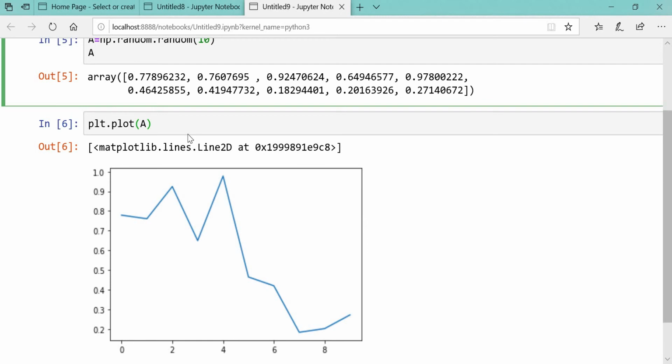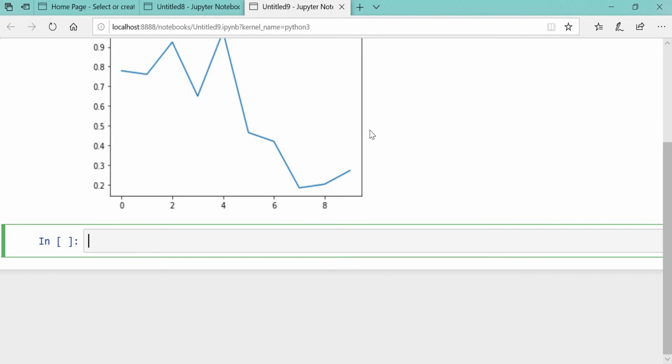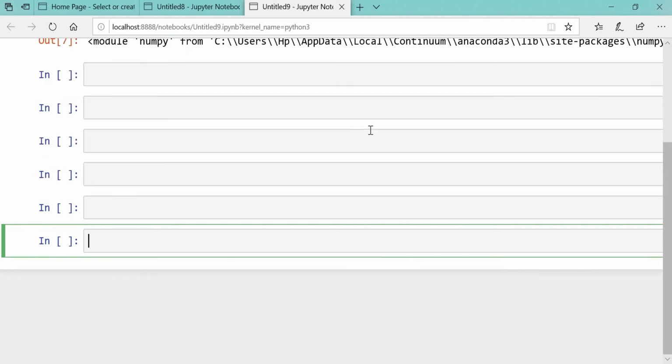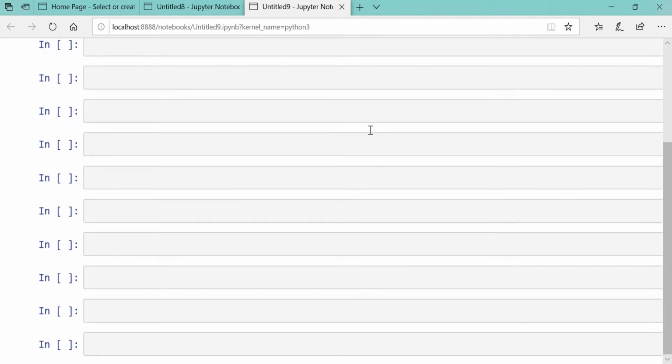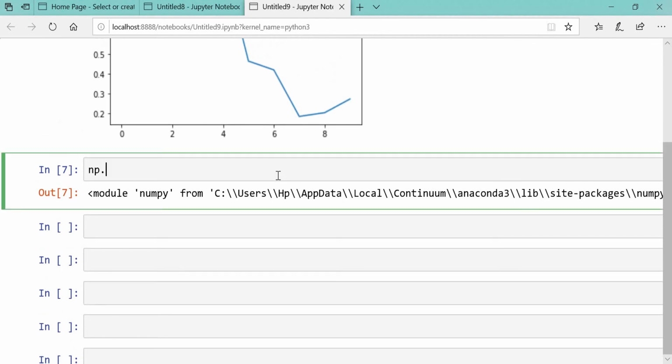I will take one scatter plot. In that I will explain all the stuff, all the attributes we can use. So simply, let's say I will increase the box. Now simply let's say np dot linspace, let's say 20 20,